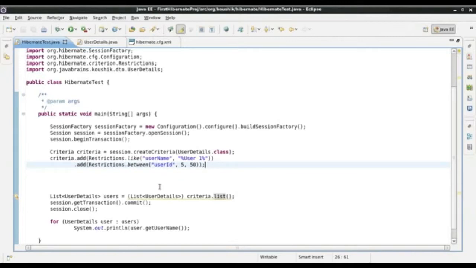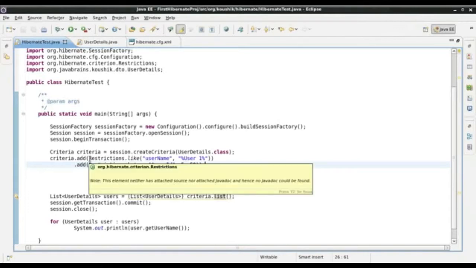Now what if you want to do an or? You want either this restriction to work or this restriction to work. So if any record satisfies either of these restrictions, then pull up the record. So say you have a requirement like that. So how do you manage that in the criteria API? So the way you do this is by using